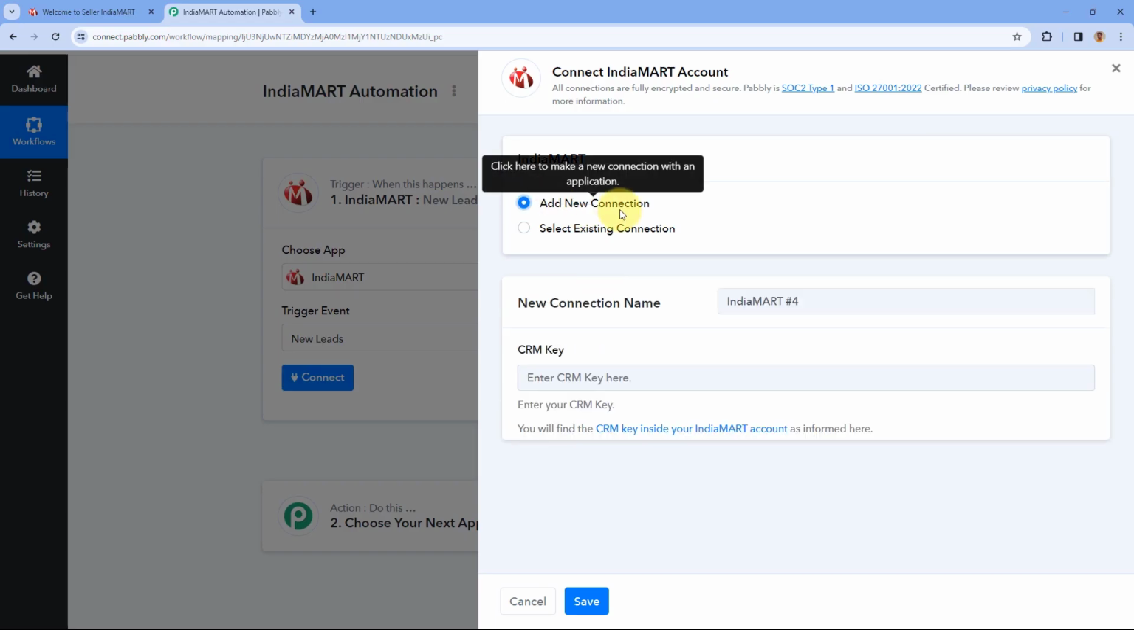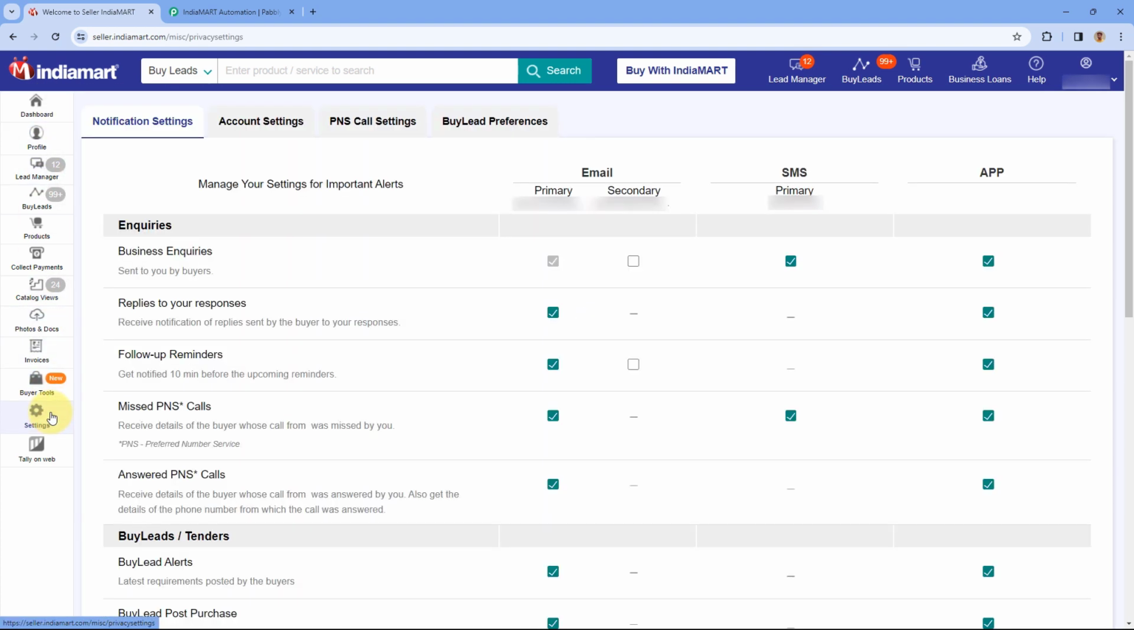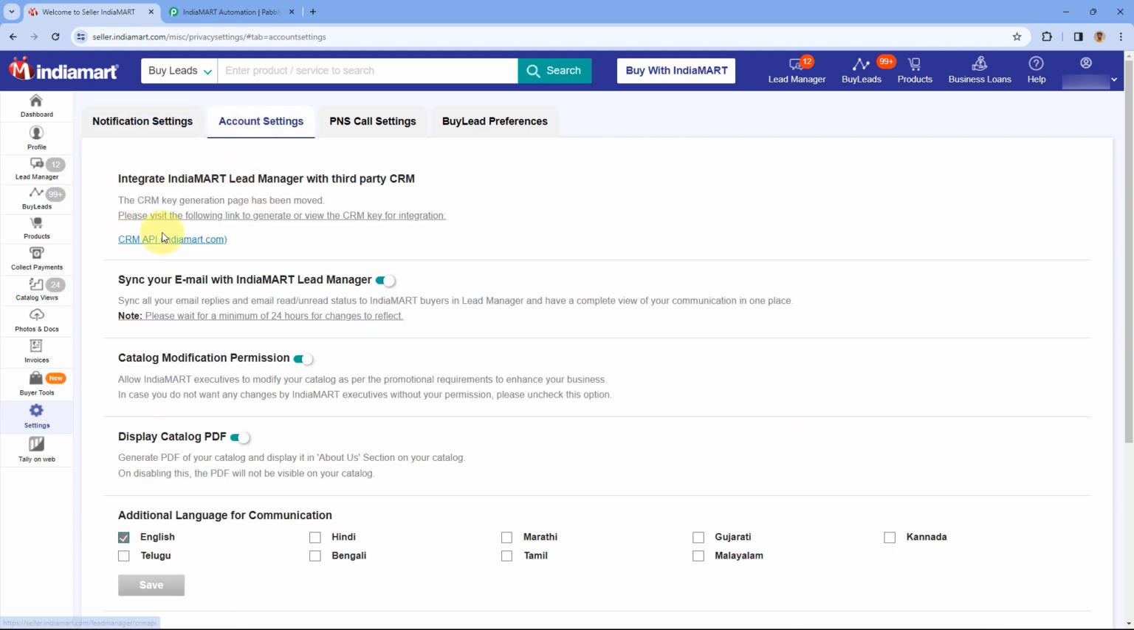And now to connect our IndiaMART account, we are going to add a new connection. But if you have an existing connection, please select existing connection. Now to add a new connection, we have to enter the CRM key over here. And to enter the CRM key, we have to log in into our IndiaMART account. So log in into your IndiaMART account and after that go to settings from the left bar. Now after coming on the settings page, go to account settings and in account settings you will find an option